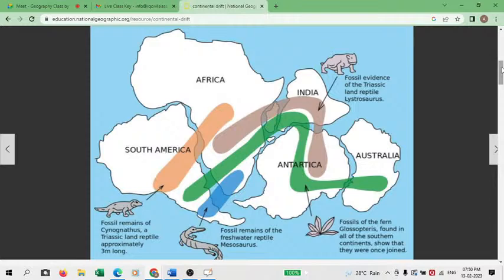Now the critics told Alfred Wegener, parallel evolution. Again a counter argument was presented by Alfred Wegener, and he said that if continents were not together, as you are saying, as you are countering my hypothesis, how is it possible that the seed of the Glossopteris tree, which is weighing up to 1 kg, can float across the ocean and reach the other landmass? Is it possible? It will sink there, a 1 kg seed will hardly float. And even if it floats, how far will it go? It cannot go 15,000 kilometres, cannot go 10,000 kilometres, forget about that, it cannot go even 1,000 kilometres.